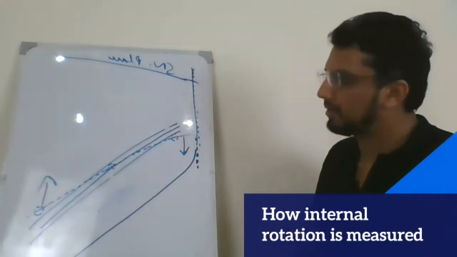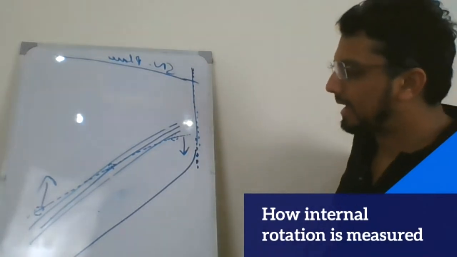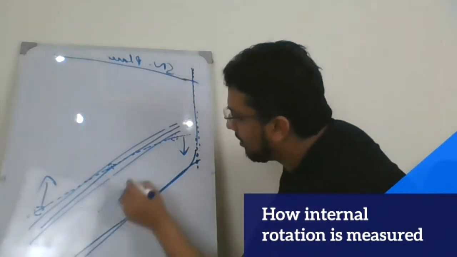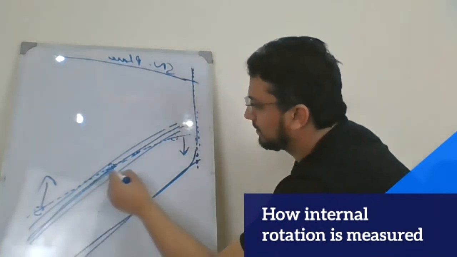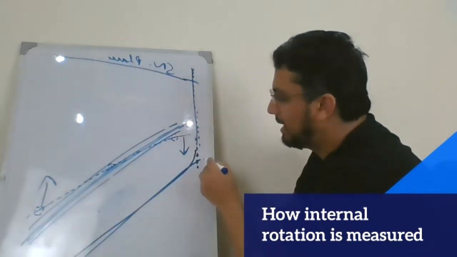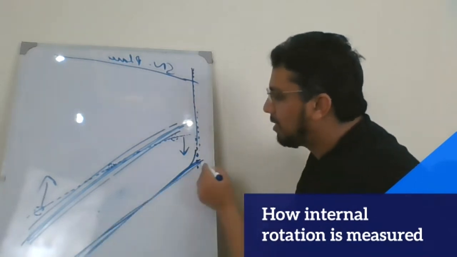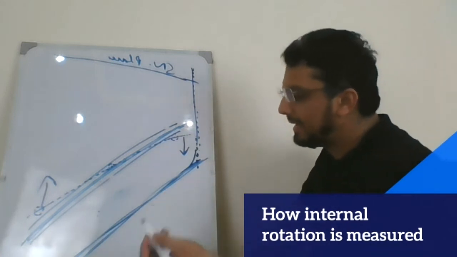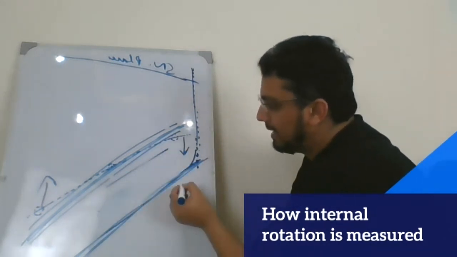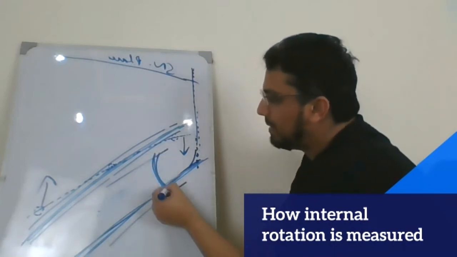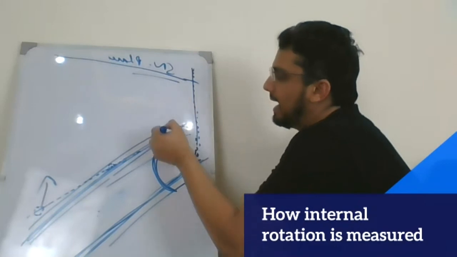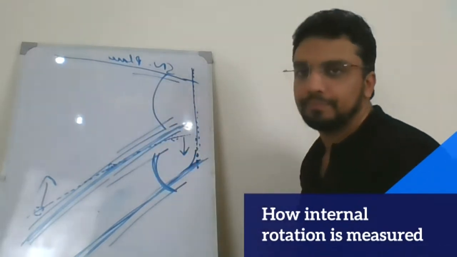Now, coming to how do we measure the external rotation, having the reference line from the core of the mandible, the changing position of the lower border of the mandible will be described as the external rotation. The angle, in simple words, the angle between the core of the mandible and the lower border of the mandible, this will be measured as external rotation. Internal rotation is measured from the ascent plane and the core of the jaw. This is the external rotation.